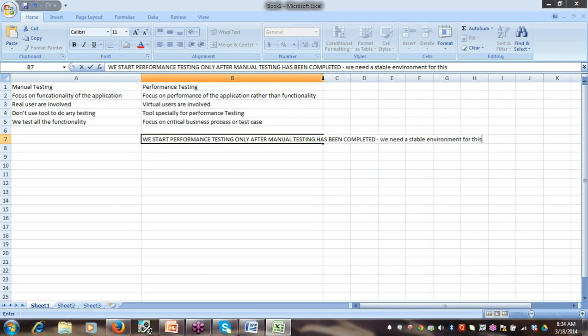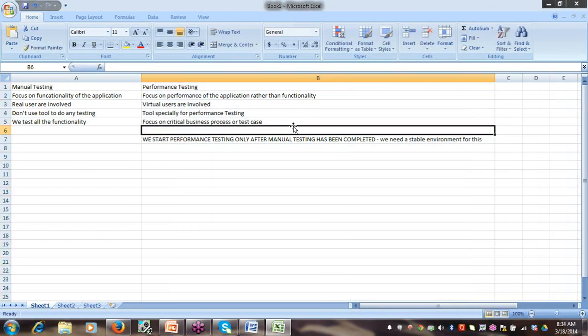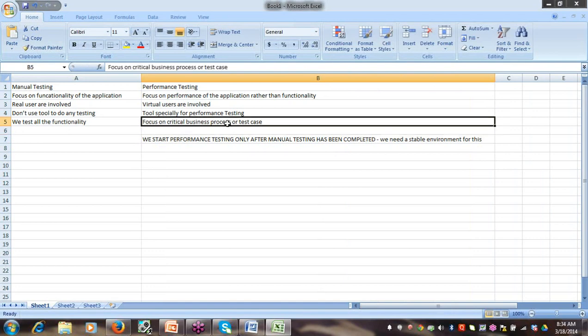Once we identify our business scenarios, processes, or test cases, we need to identify the test data which would be required, because sometimes we need thousands of data records for a particular business process or test case. So we need to identify all these things.